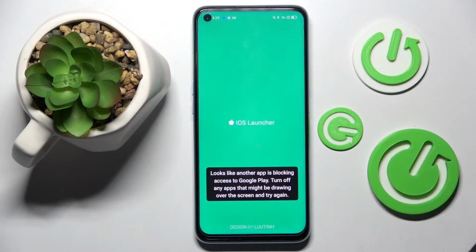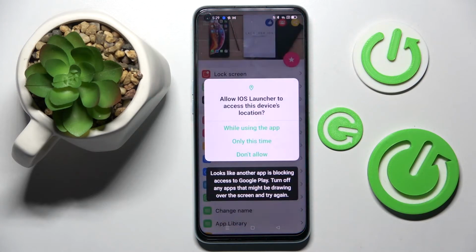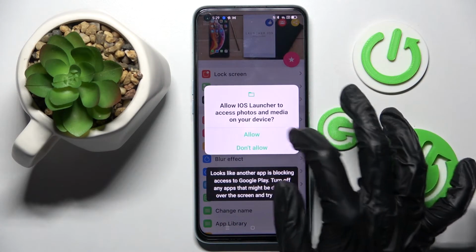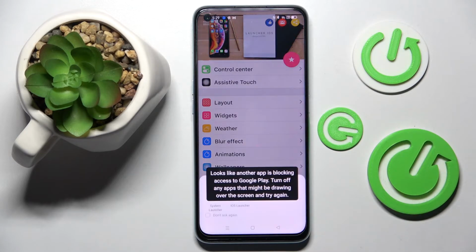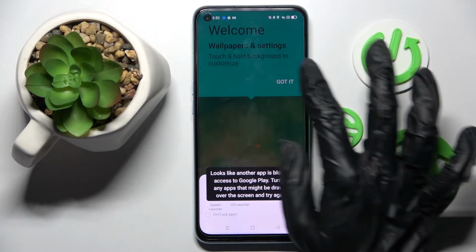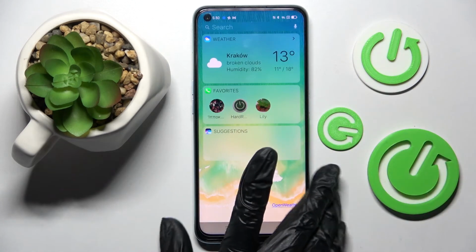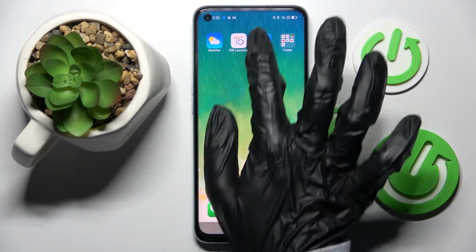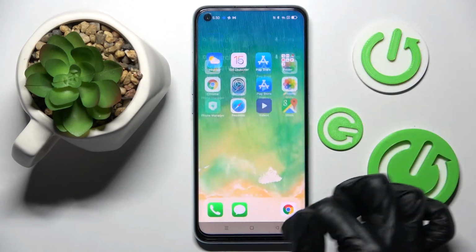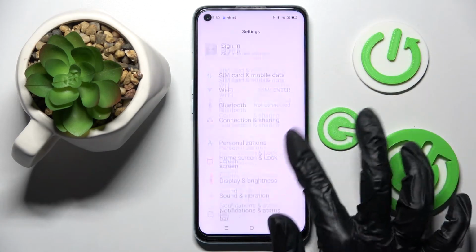Now just wait for the pop-ups to show up, and when they do, choose while using the app and allow in all of them. Then click on Home button, tap on iOS Launcher, click Got it, and as you can see, Apple layout was applied successfully on my Oppo,